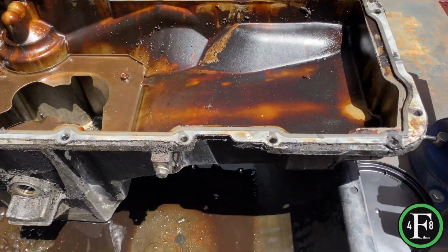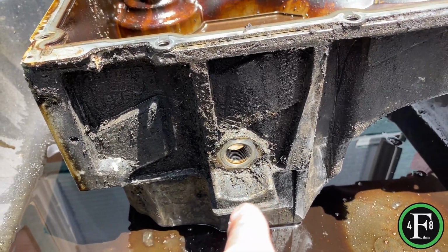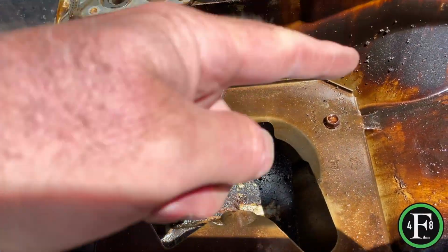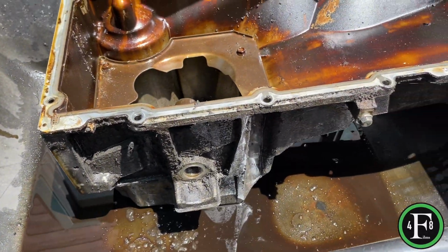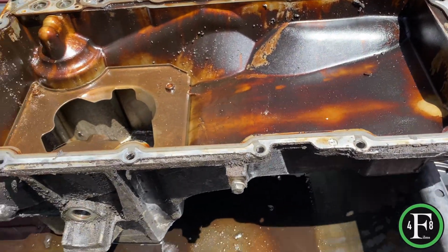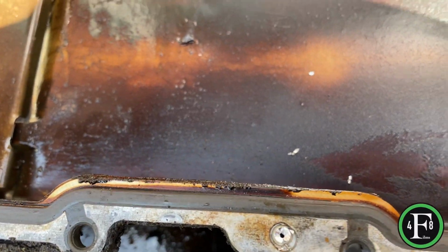Hey guys, what's going on? So this is the oil pan I pulled out, about ready to get this in the parts washer. I wanted to show you, I pulled out the low oil pressure unit. I'll strip these 4 bolts out, get this out of here as well. But I wanted to kind of show you what's going on. This is a 6.0 gas motor, you know, V8. Came out of my 2500 HD truck. You guys probably know that. But either way, this gasket,